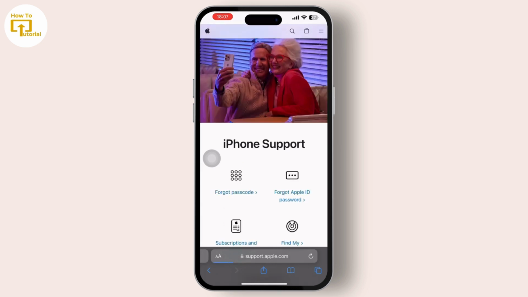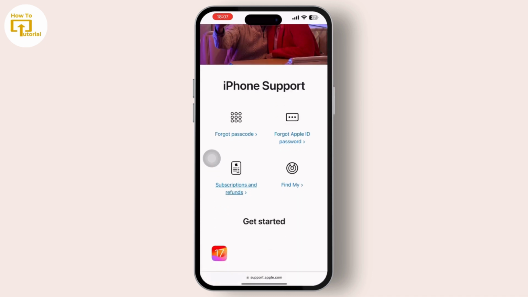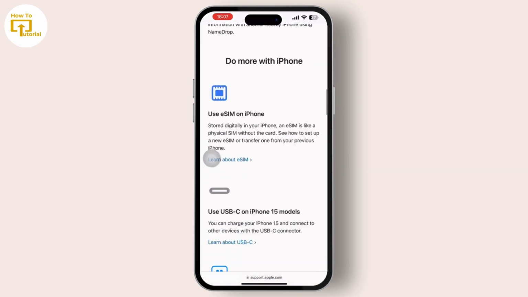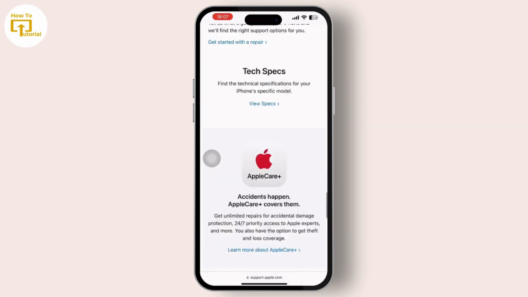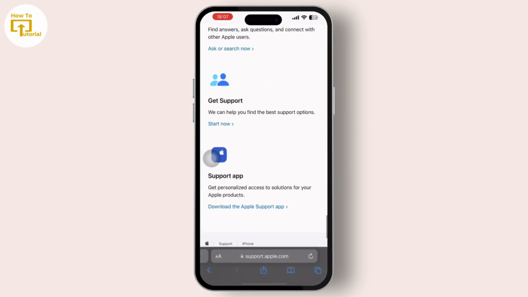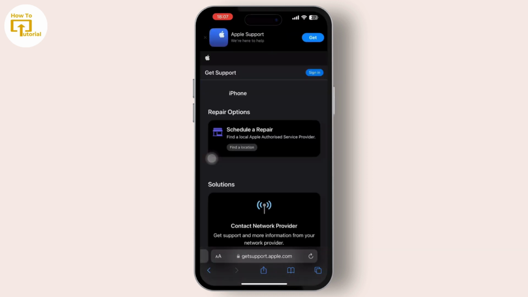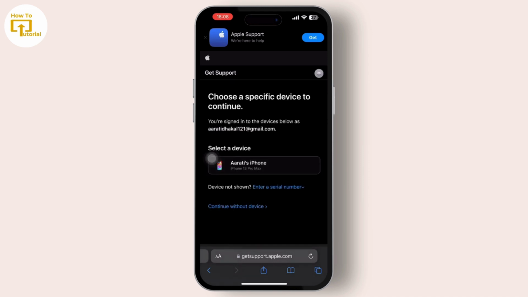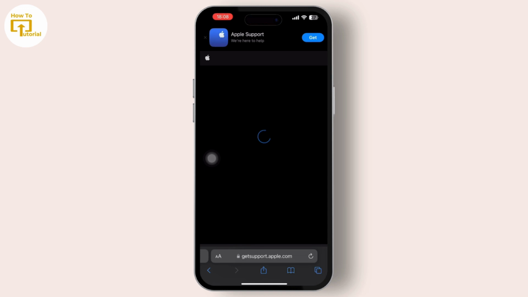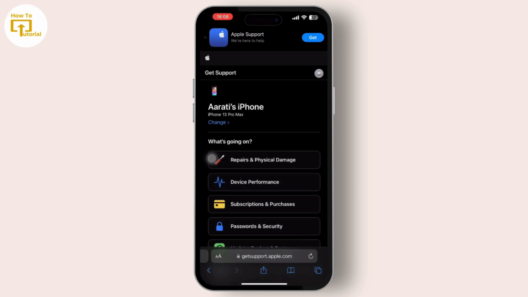Then in iPhone, scroll down till you see the Get Support option. So after you see the Get Support option, tap on it. And inside Get Support, all you have to do is sign into your Apple ID. So after you sign into your Apple ID, tap on the name of your iPhone available there. Then after you tap on it, all you have to do is scroll down